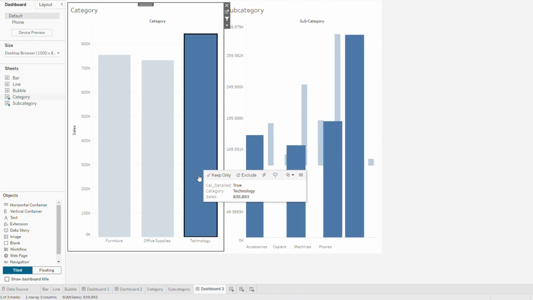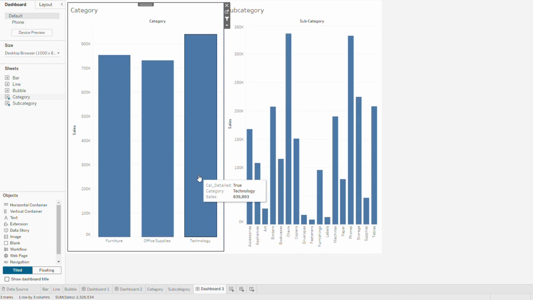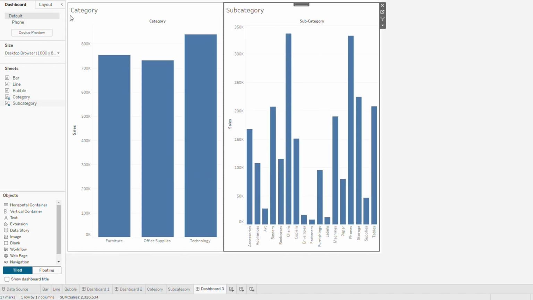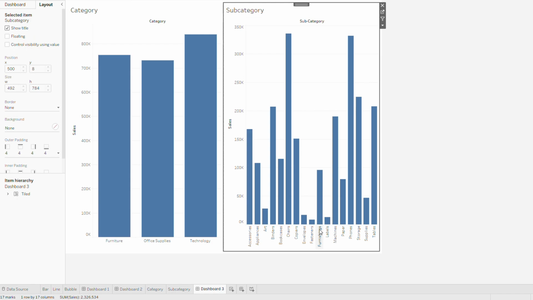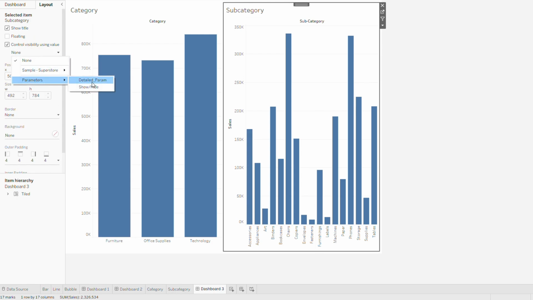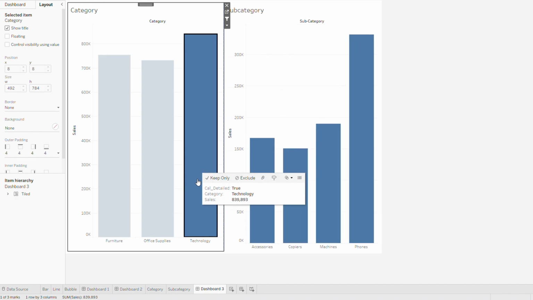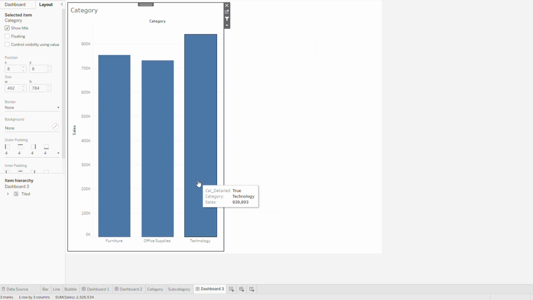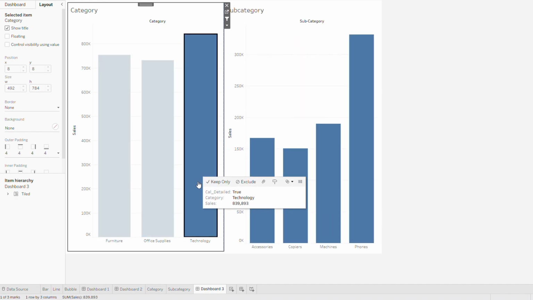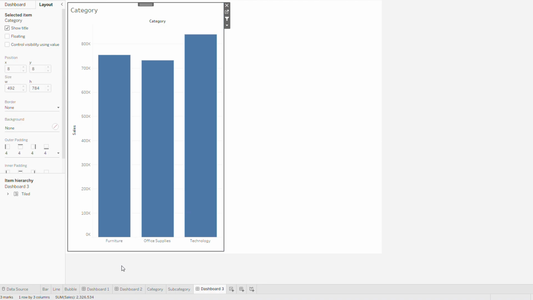Okay. See now, whenever we are checking and unchecking. So now we have to use the control visibility. Go to layout, and this is the object show and hide, right? And check here and just pass the parameter whatever you have created. Check and check. Yes. That's all. Hope you understand this concept.